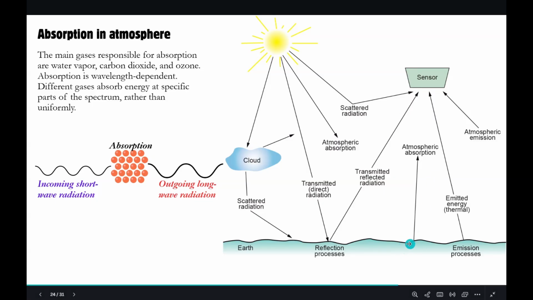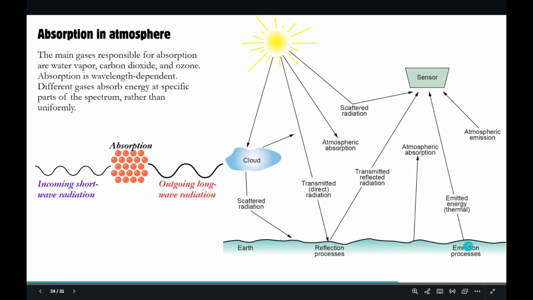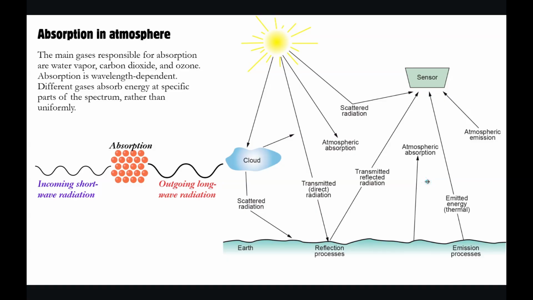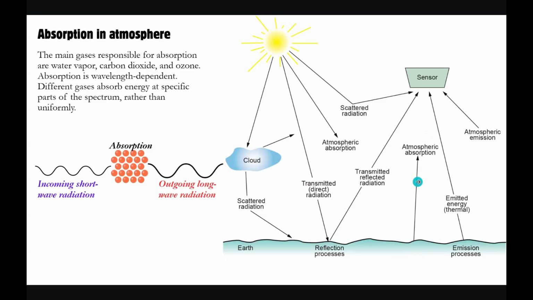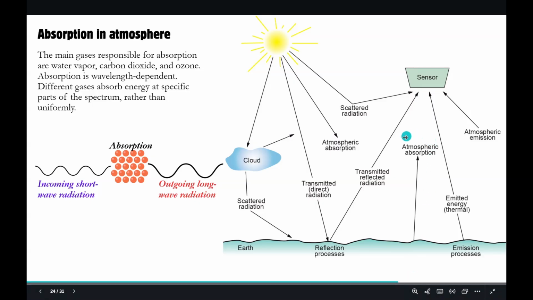Then you have some radiation at night. Whatever emission is taking place, some of it is absorbed midway, completely by the atmosphere. This is what is the greenhouse gas effect. So if there is carbon dioxide lying here, it will not only absorb the incoming solar radiation, but it will also absorb the outgoing long wave radiation, which gets released during the night time. Essentially it happens throughout the day, but at night time you see it more prominent, because there is no absorption, there is essentially emission, so that signature is more pure. And this is where you see the greenhouse gas effect.